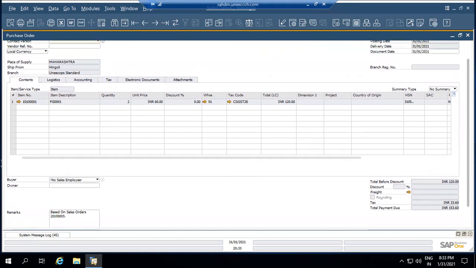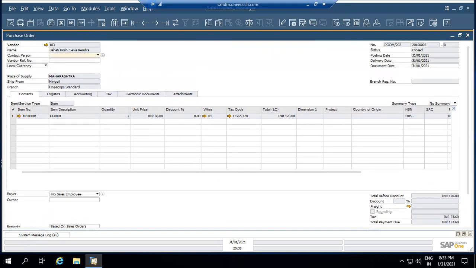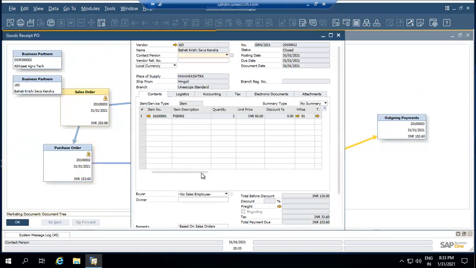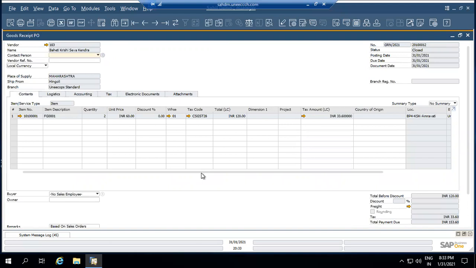Now, based on that, I have created the GRPO, goods receipt against a purchase order. Here, the user can also deviate from the actual quantity. For example, I have booked the purchase order of 10 quantity and am receiving 5 quantity or 6 quantity, so the user can enter that. We can also set the tolerance so that the system will behave accordingly and the user cannot exceed or reduce the quantity based on the purchase order.